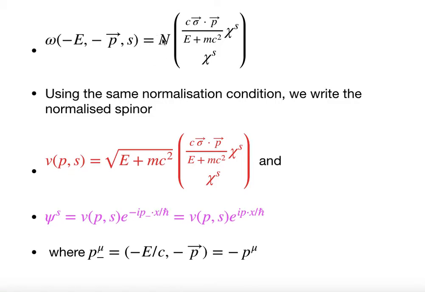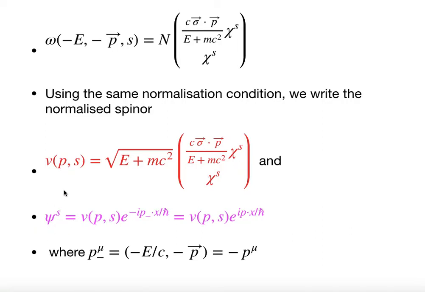And this N is again the normalization constant. And again you use the same normalization condition that omega dagger omega is equal to twice E. And then I write this V, P and S like this, where this momentum is actually the opposite of the original initial momentum. Whatever it is, it is opposite to that. And whatever P was coming here, it comes there.